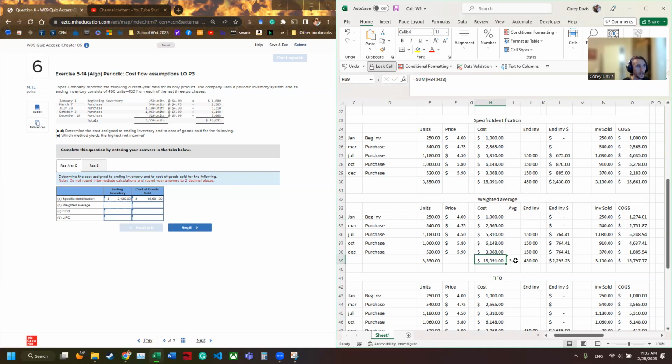So the way that we get this 510 is by taking this total of all of our cost, dividing it by the amount of units that we had, which gives us our 510. And we're going to use that to determine our cost of goods sold and our ending inventory. So ending inventory 150 times that 510 gives us the 764.41, and it's the same for each month because we're just doing the same thing with all this 150, giving us a total of